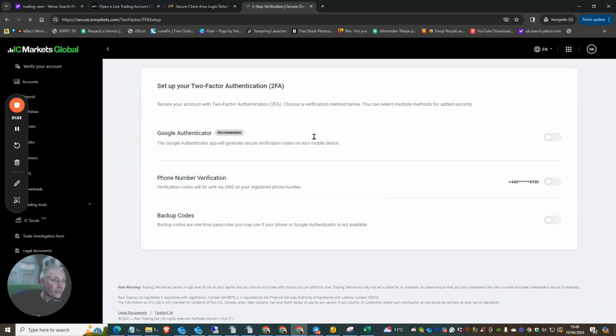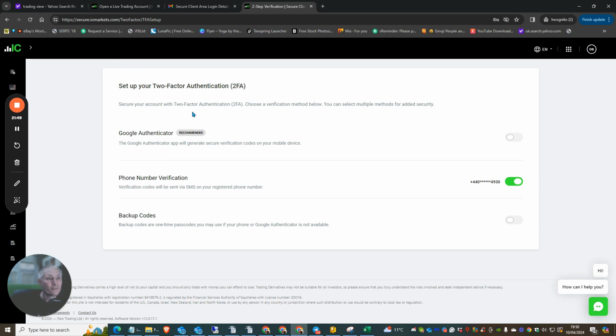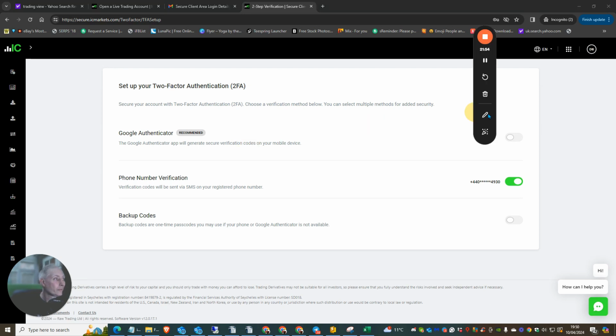And what this does now, you see that there's a nice tick, and it shows now that this has been accessed in. Okay, now it also shows the Google Authenticator app will generate secure verification codes on your mobile device. So I haven't got a mobile device, so I'm not going to worry too much about that. So I should be able to now just click out of this, and then I'm just going to move this over,